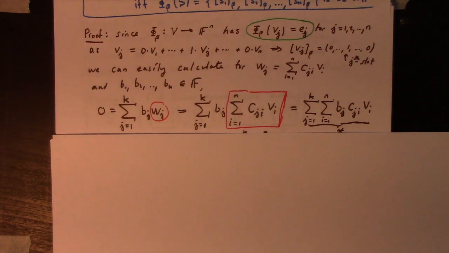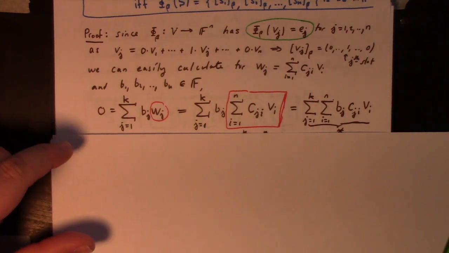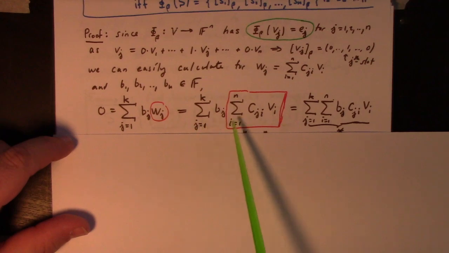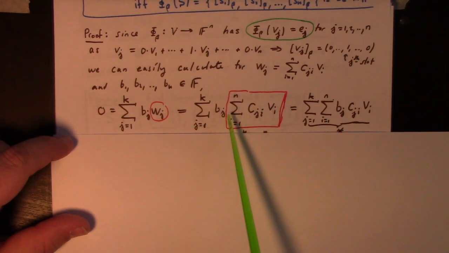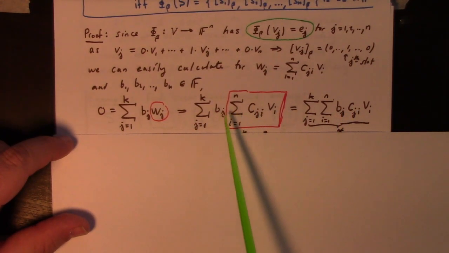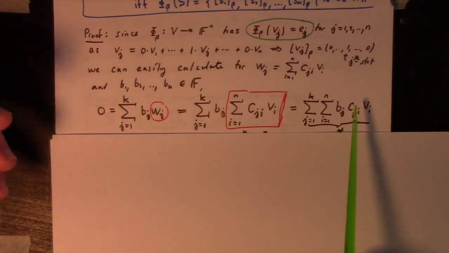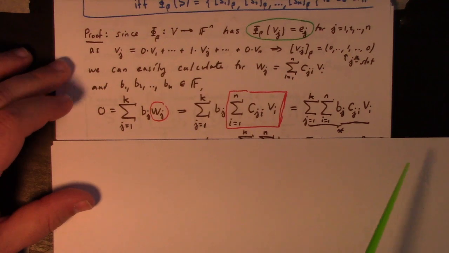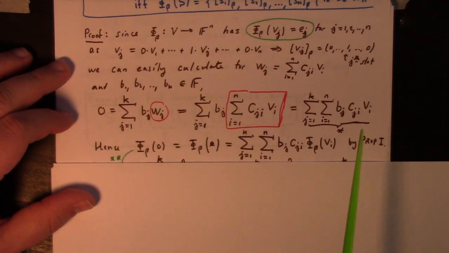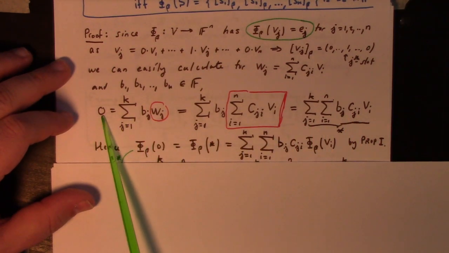Okay, well, let me shut up. And then I rearrange the sum just for bookkeeping. I pull the sum over n first and put the Bj like that and the Cji. I mean, this step isn't absolutely essential to the proof. I just did it to clean things up a bit. Let's call that star. Then what I do is I take the coordinate map,